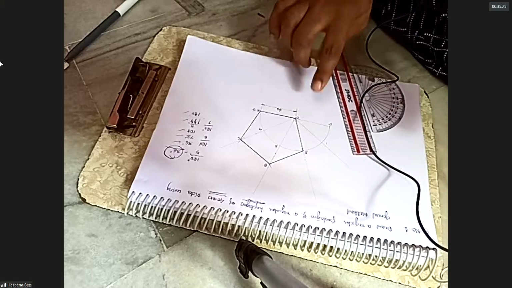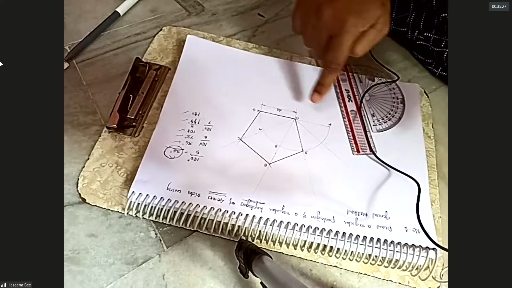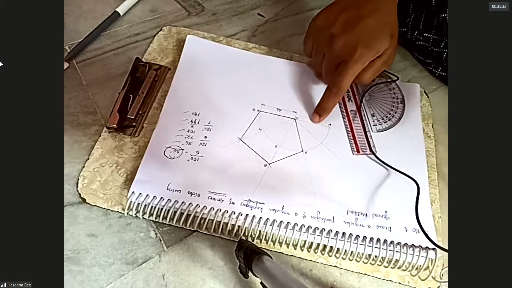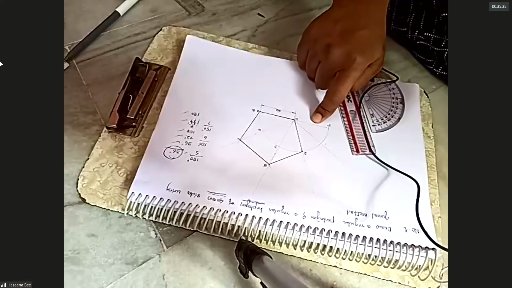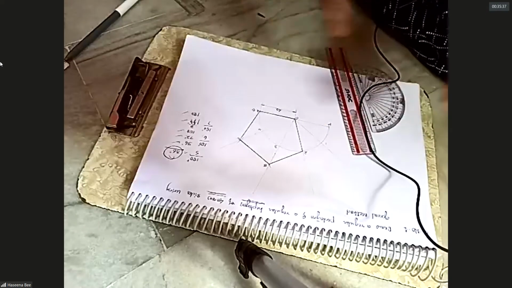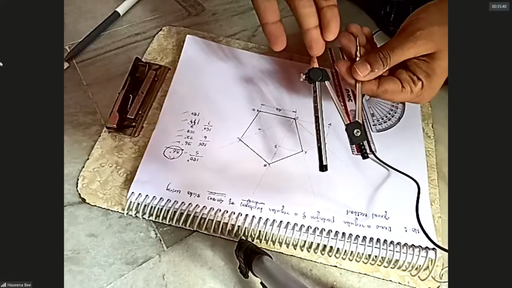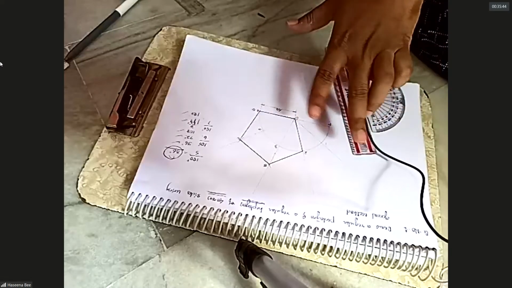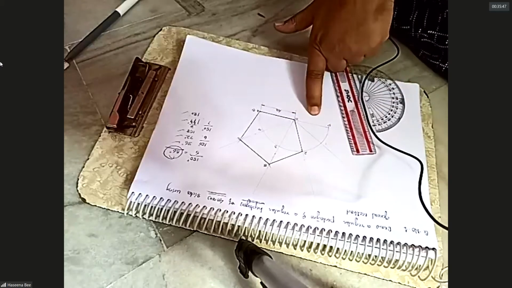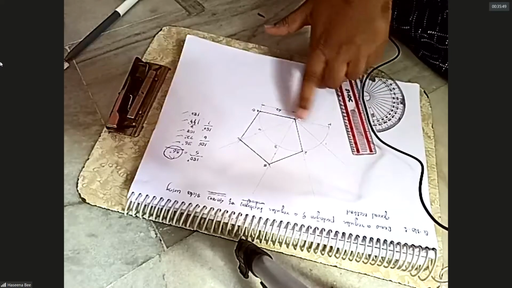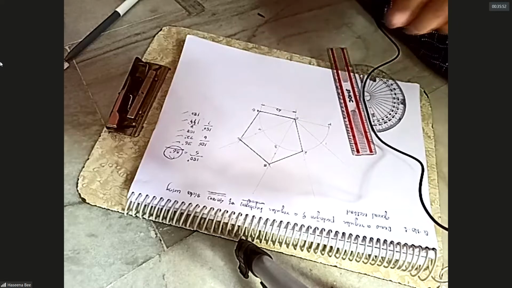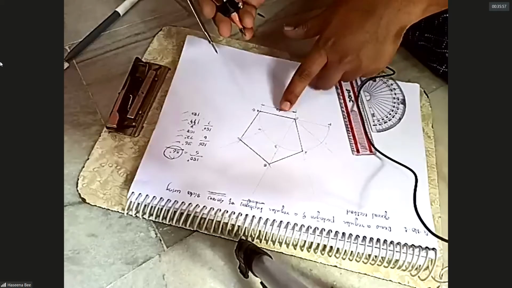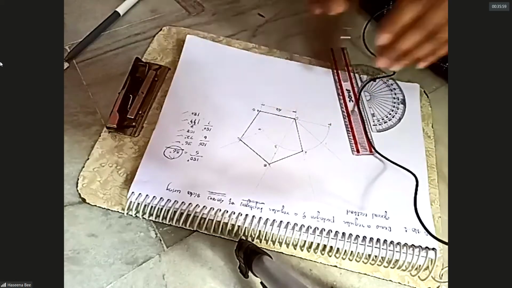Here the lines need to be visible to you people on camera. That is the reason I made them a little bit dark. Actually, I need to make them lighter than this. You can even check, I am using the same HB pencil, but still how am I able to maintain the difference between the main object and the construction lines? It is possible only with hand pressure. If I apply more pressure with my hand, then I will get dark lines. If I apply light pressure, then I will get lighter lines.